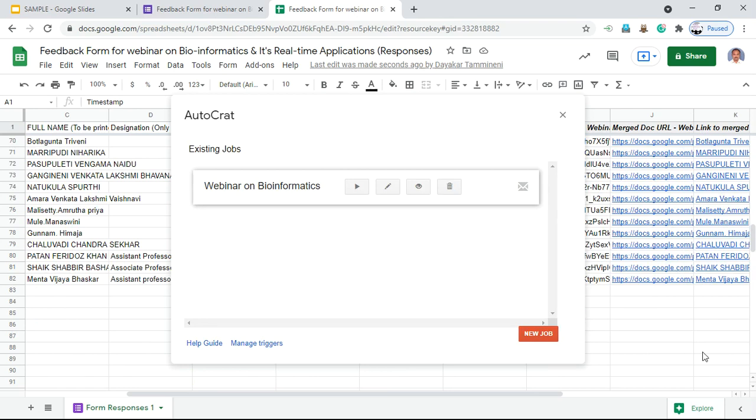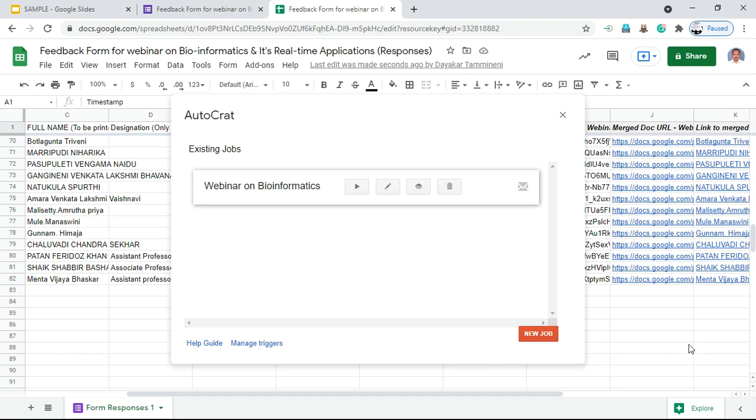Now the main important thing here is, we are not going to generate bulk certificates in a single file. We are going to generate individual certificates. At the same time, we are sending the certificates to the concerned persons using the mail ID which they have sent. So at a time, we are generating the certificate and sending it to an unlimited number of participants. That is very, very important.